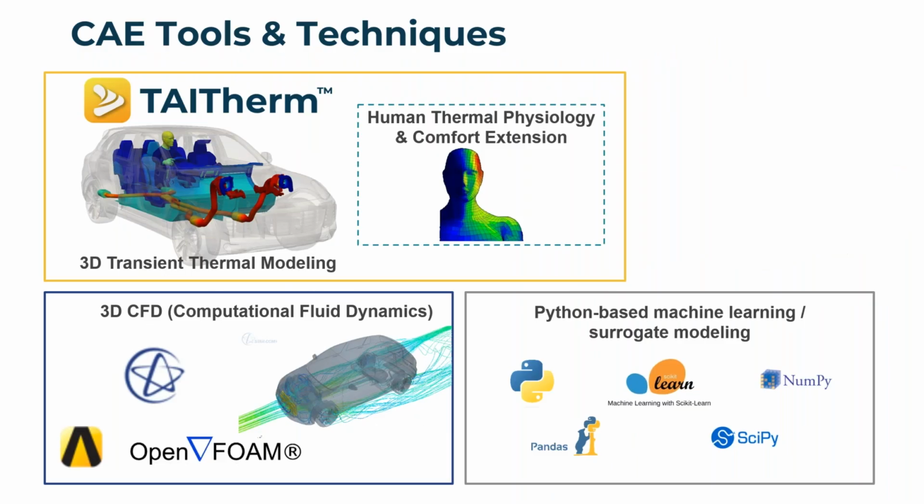So some of the modeling tools and techniques we're going to be covering, we'll be using our own CoTherm software for the 3D thermal modeling, including the CoTherm human extension that'll give us a good representation of the human's thermal physiology response and also his thermal comfort response. And on the cabin side, that'll also be accounting for the external environment and all the radiation and conduction heat